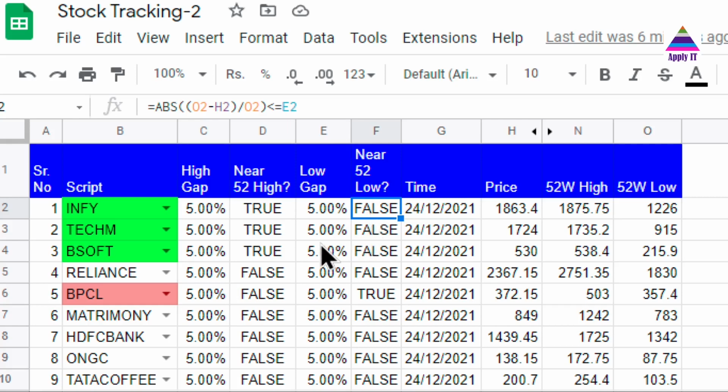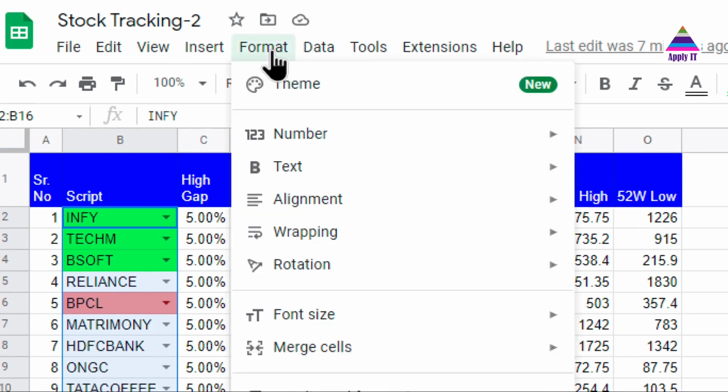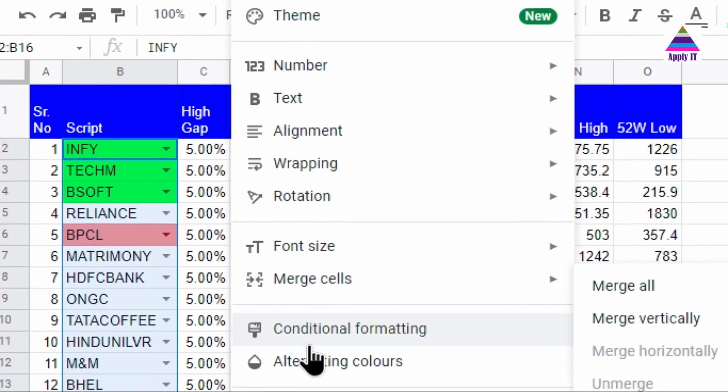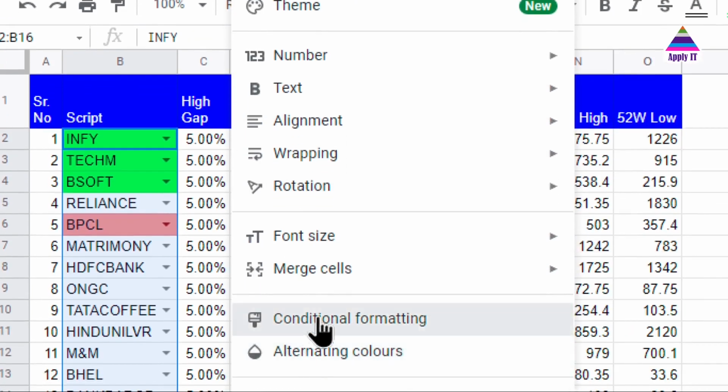Now after this we need to highlight all the stocks which are near the 52-week high in green color. So for that we need to select the complete range. We select the whole range, then we go to Format, then you have to select Conditional formatting.